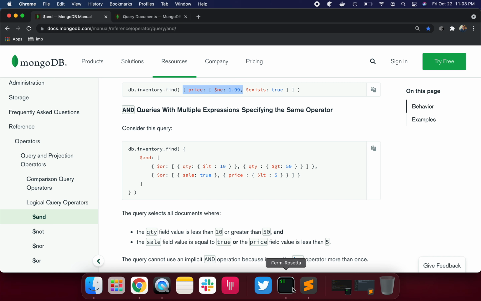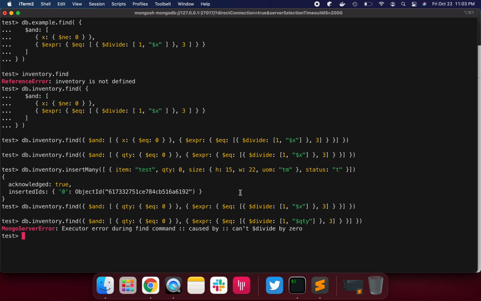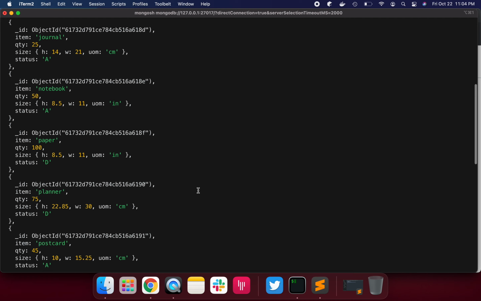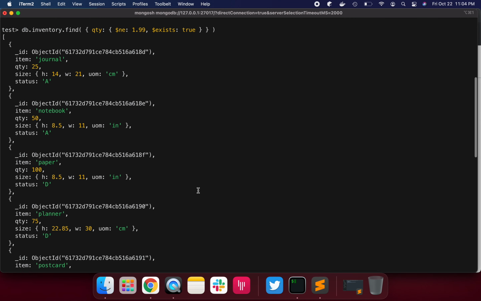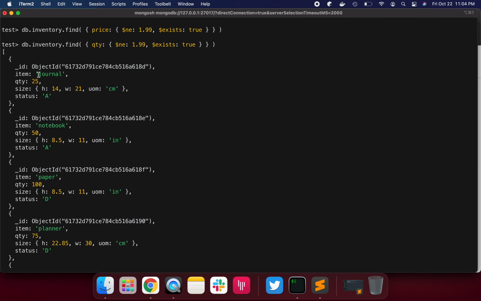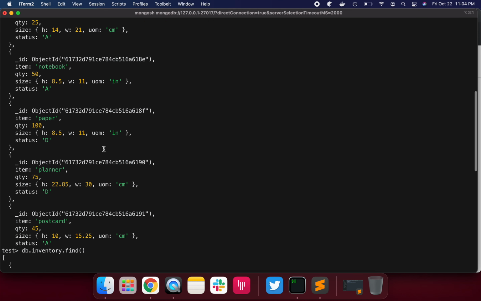Okay, so let us see one example here. I'm just saying db.inventory.find. Here I have one inventory collection. You can see documents with item journal, quantity 25, size 14, height, width, and unit centimeter or inch, whatever parameters we have.